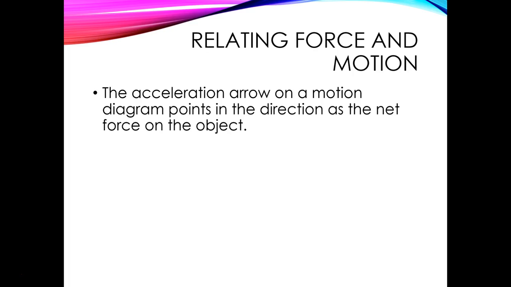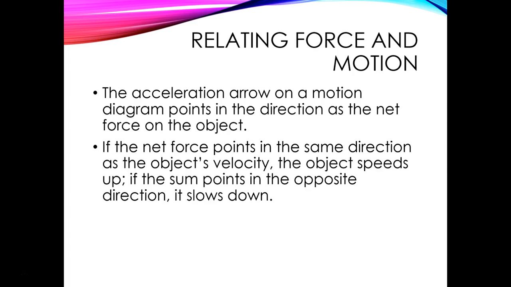Well, if we have a motion diagram, the acceleration arrow always points in the same direction as the net force on an object. Now, that's not saying it's pointing in the same direction as every force on the object. All that's saying is that it points in the same direction as the net force on the object. So that's if we took all of our forces, we added them up, what is the direction of the net